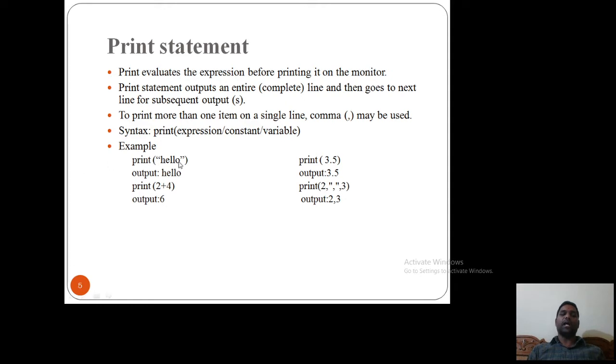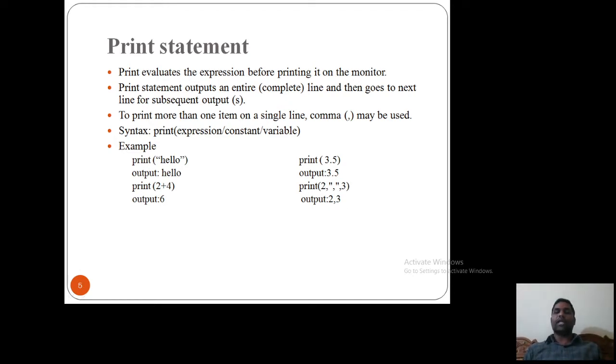I say print hello, then it will print hello, and I say print 2 plus 4, an arithmetic operation, then it will give 6. And here you have print 3.5, it will print 3.5, and here I am giving 2 comma 3. That means it will print 2 and 3 with a space in between. So here is a typo mistake. We'll see in the practical session.